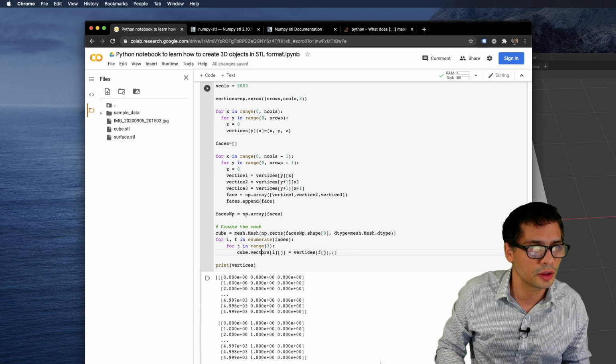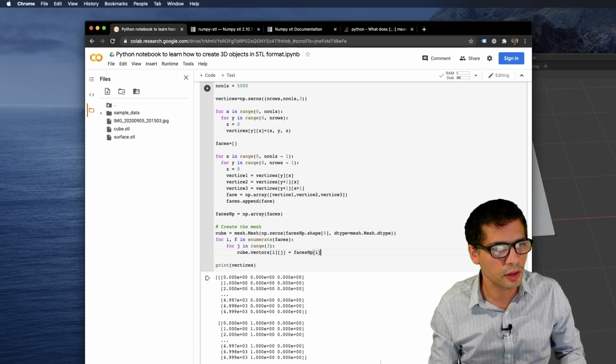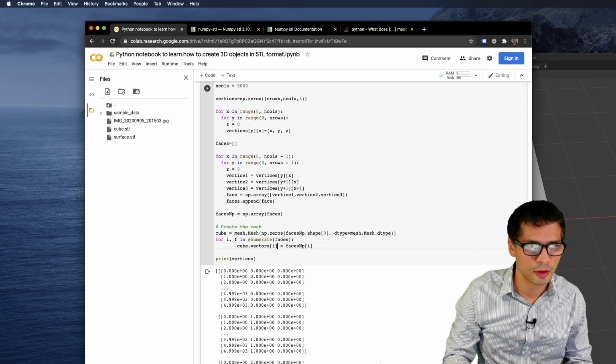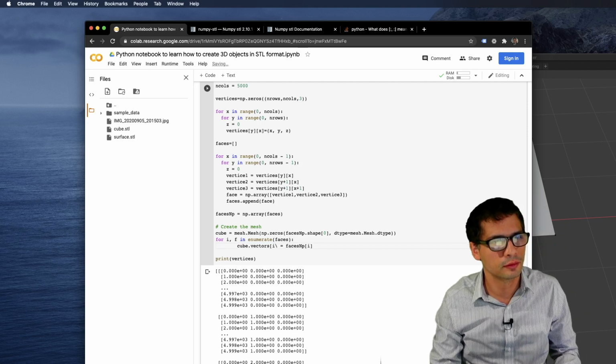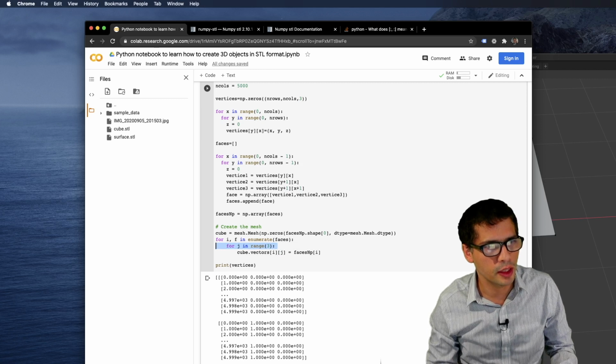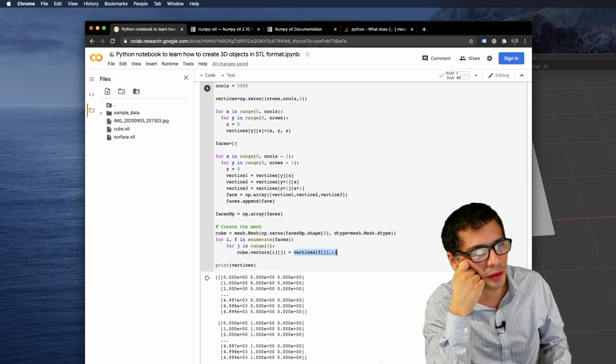So this is going to be, actually I don't think I need to do this. Because it's already 3-dimensional, it has already 3 coordinates. Sorry, this is blowing up my mind. Still need the vertices, of course.